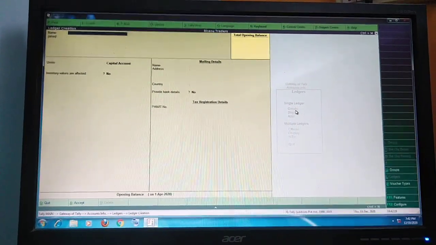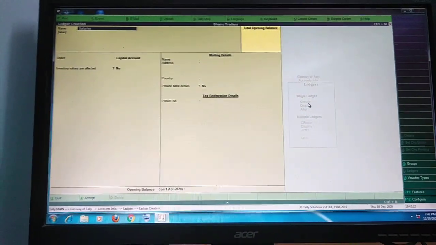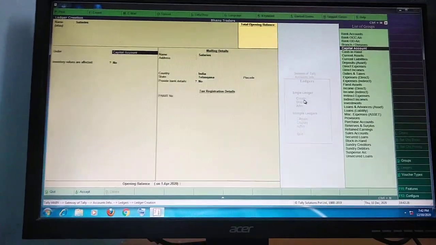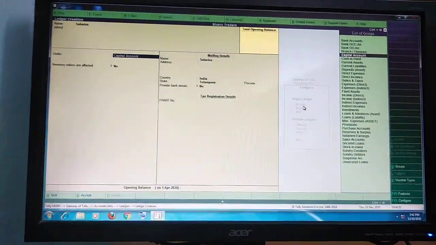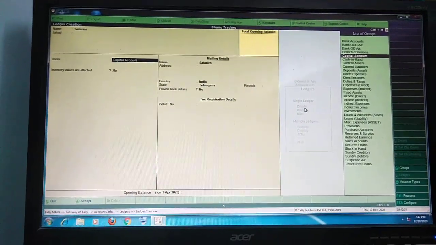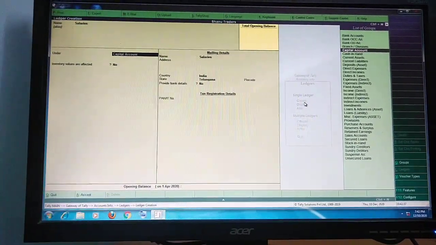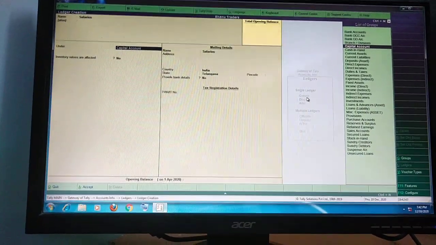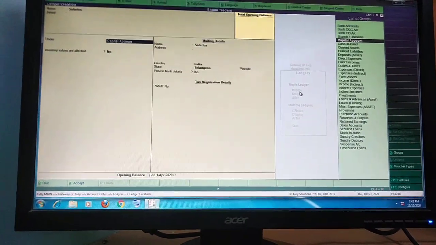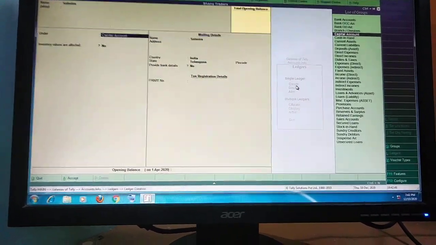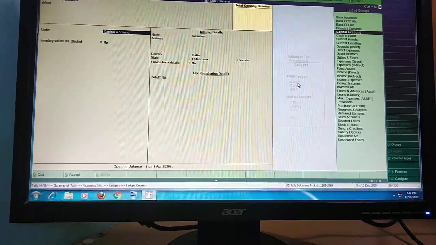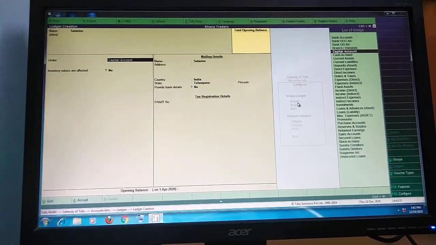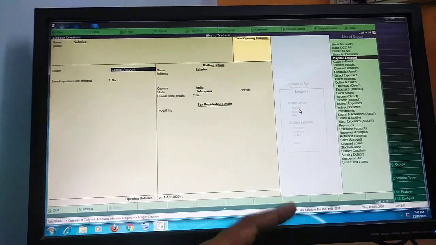How to create the ledger one by one, I will explain. For example, I go to the salary. Name is salary. Under, you go to the under. Students, under has groups already loaded in our system. Don't create the groups. Tally ERP 9 has already loaded all the groups, 99% of groups are already created. You just select the suitable group. Salary is an expense. Expenditure has 2 types of groups, direct expenditure and indirect expenditure. So salary is an indirect expenses group.